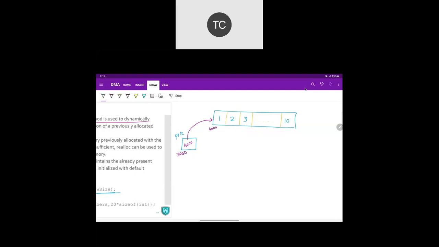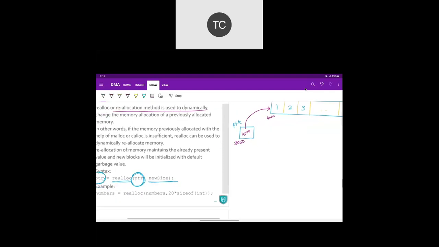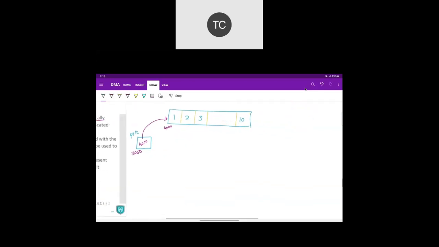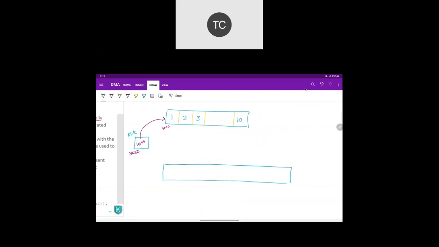And now I realize that I need to store 15 values here. So what we do is we go for realloc. The first parameter is PTR itself, and the second parameter is going to be 15 multiplied by the size of your data type. So it is going to allocate you a new memory block, an entirely new memory block.